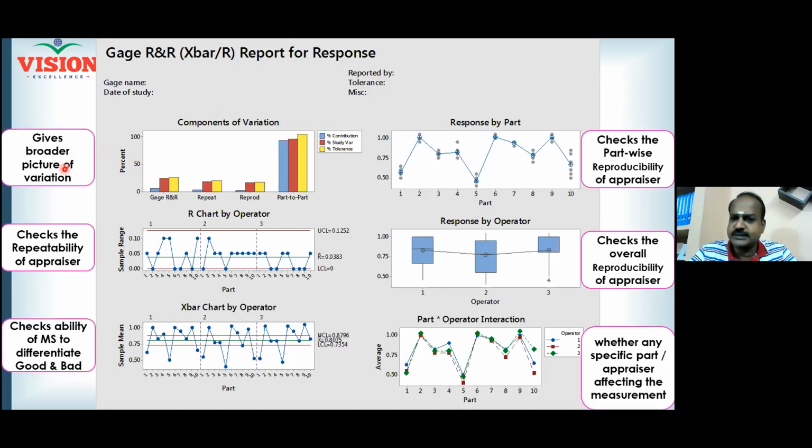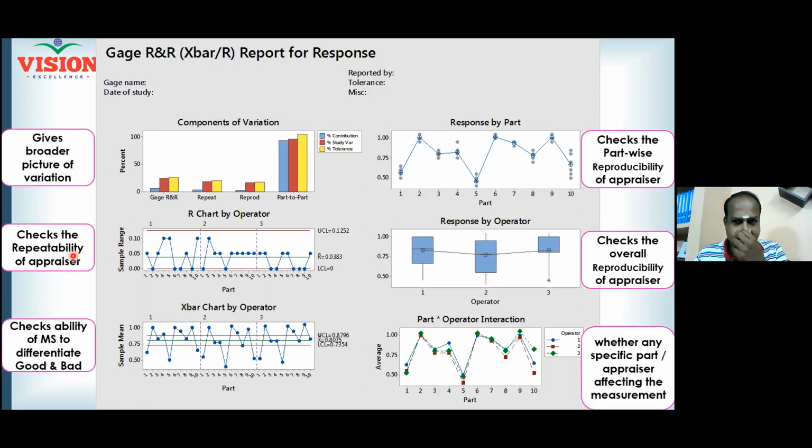When you say there is a project opportunity, can somebody tell me which variation should dominate? Is it part-to-part variation? Part-to-part. If part-to-part variation dominates, that's a project opportunity. If measurement variation dominates, or repeatability or reproducibility dominates, that is not a project. The measurement is not done correctly. They don't know how to measure. There is no problem at all in the company. The problem is with the way they are measuring, right? So it gives a broader picture of the source of variation.